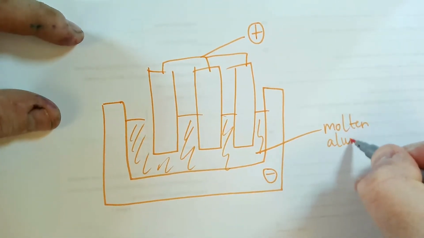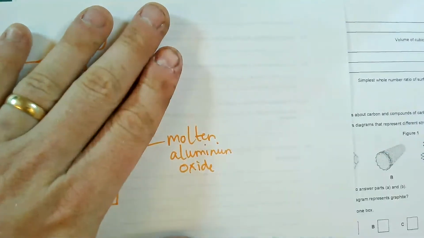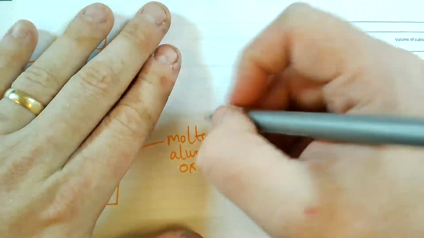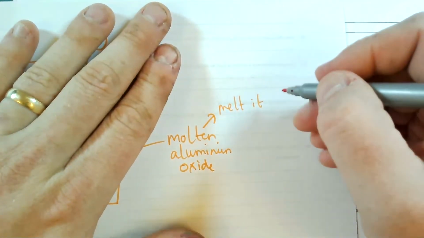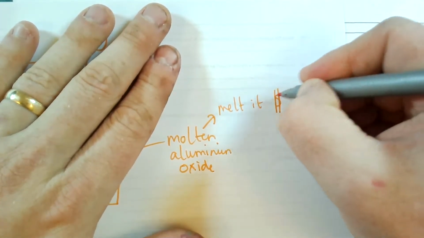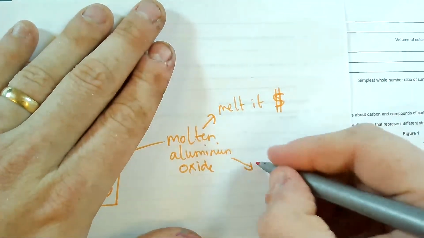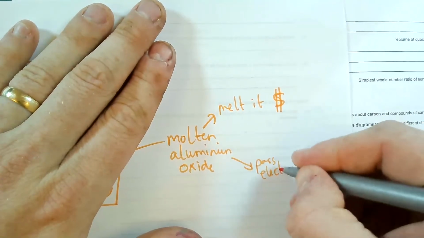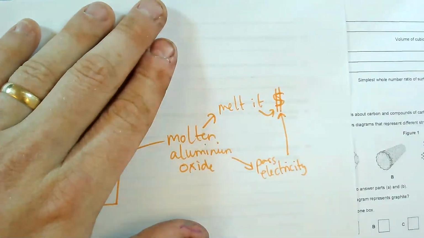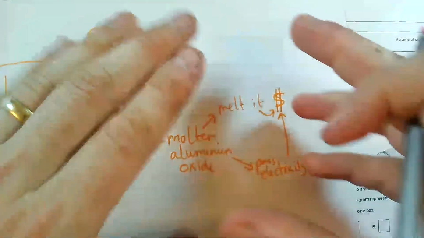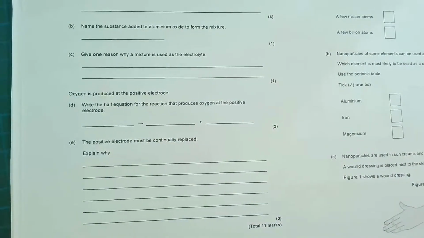Now, the thing about molten aluminium oxide, right, is first of all, you've got to melt it. And that requires a lot of energy. And if it requires a lot of energy, that requires a lot of money. You are then also going to pass electricity through it. I refer to my original point. Also requires the moolah. So if there's anything that we can do to reduce that energy input to get our aluminium out, then we're going to use it.